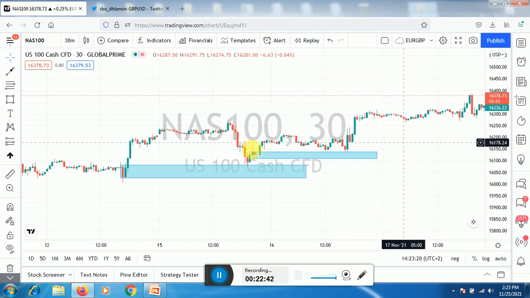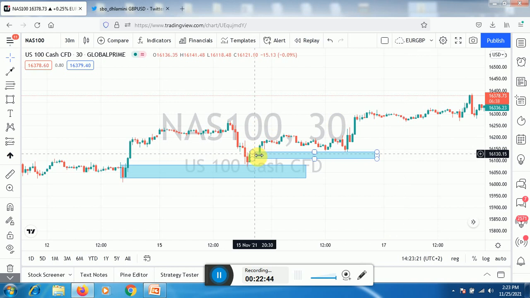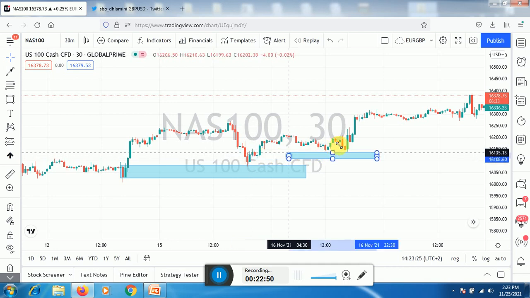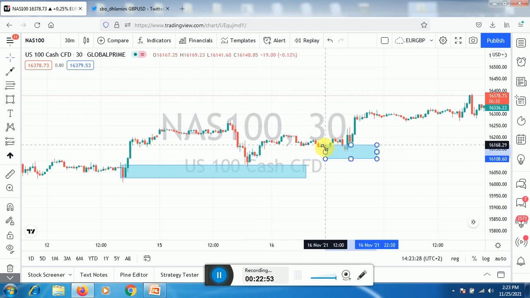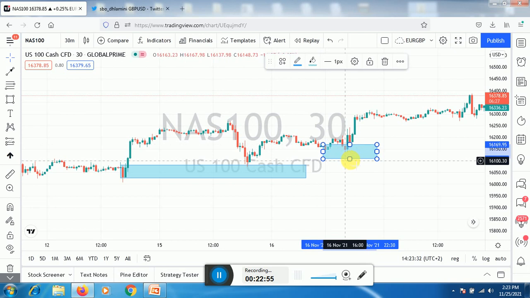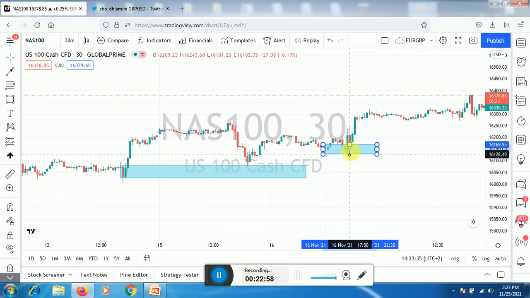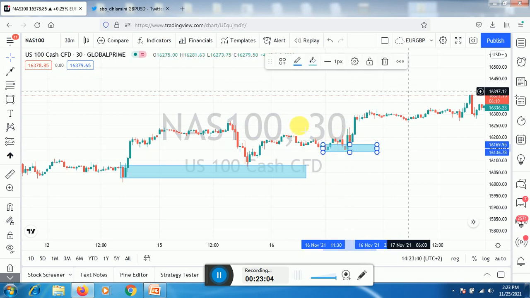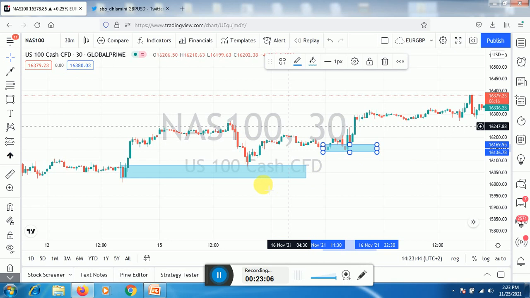So this was the recent order block, or someone else might say this one here was the recent order block. You are still correct, and then you created a pause on this zone, and when the market came back to this level, it started to move up. Bear in mind, this is a 30-minute chart, so price takes a bit longer to play out on 30 minutes. Do not try to apply these things on smaller time frames, because they can work but not as effectively as on higher time frames like the 30 minutes, 1 hour,